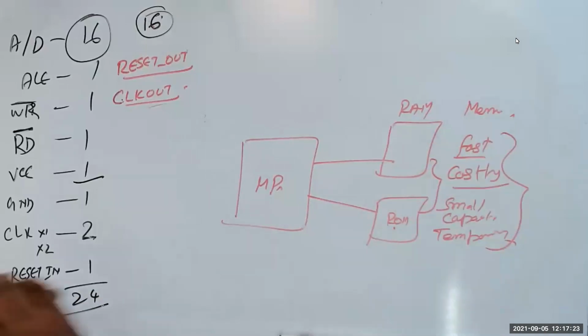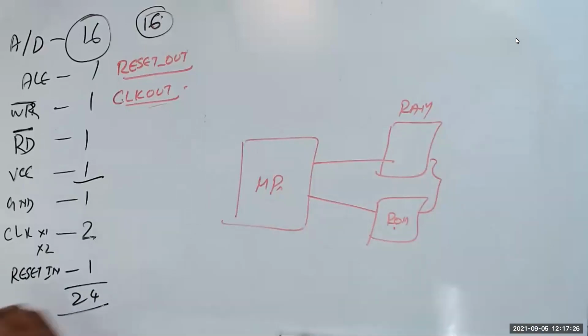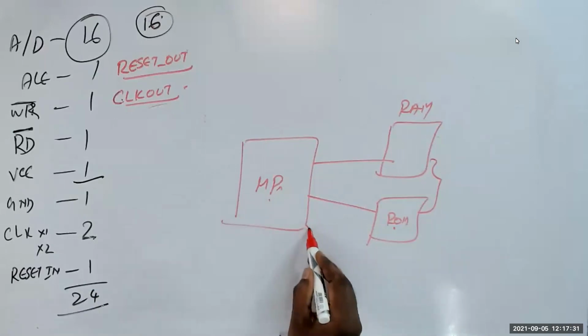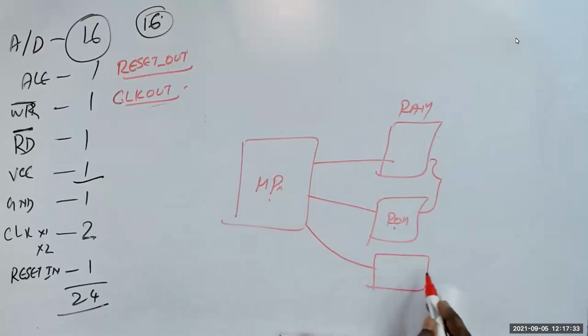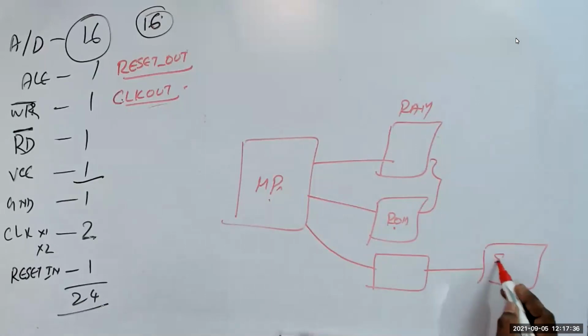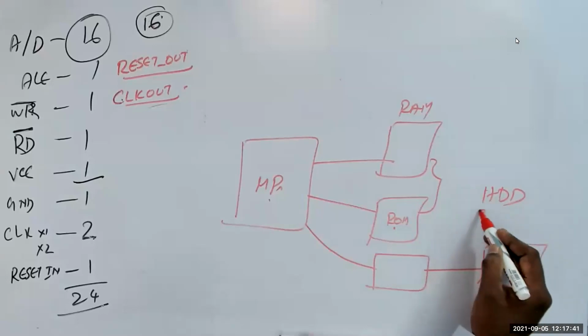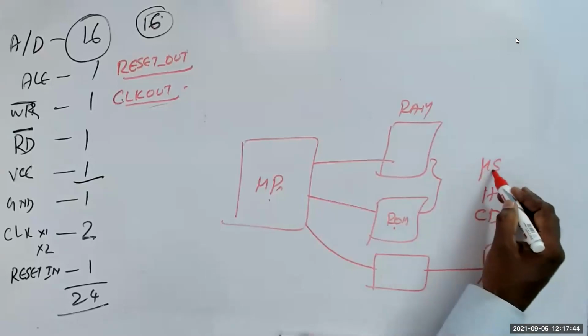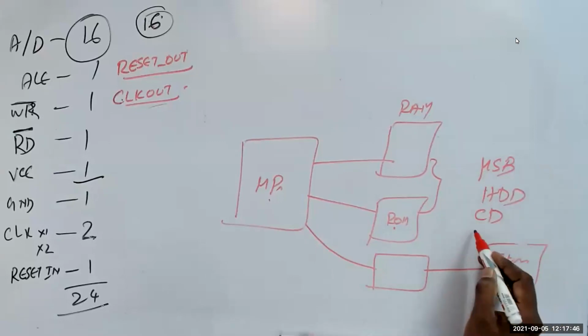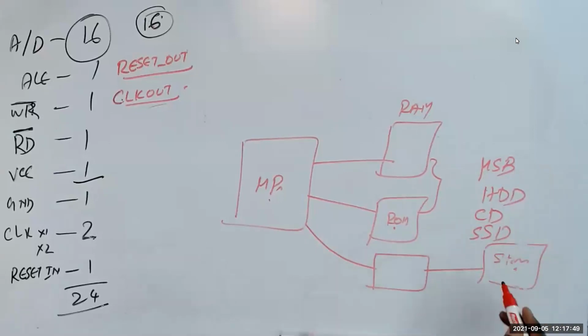But storage does not talk to the microprocessor directly. There's a microprocessor, and then I have storage. It could be your hard disk, your CD drive or USB drive, or your SSD, whatever your storage could be. In between, there's something called controllers. Only through a controller can I go to storage. So memory is talking to